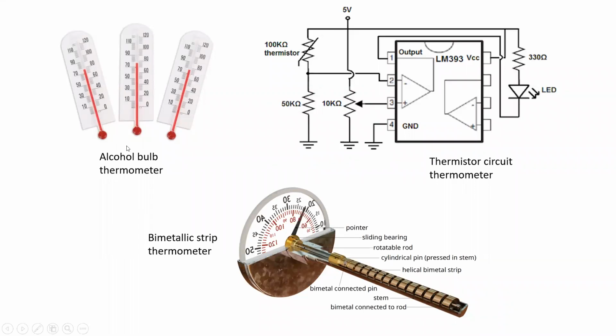Besides alcohol immersion thermometers, there's a whole bunch of other ways of measuring temperature that are probably more precise. You've got this bimetallic strip thermometer. Those are fun to read about, the way those work. They're very clever. And even more clever than that would be modern